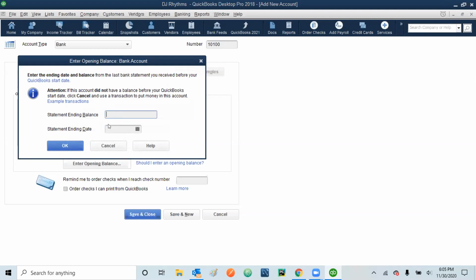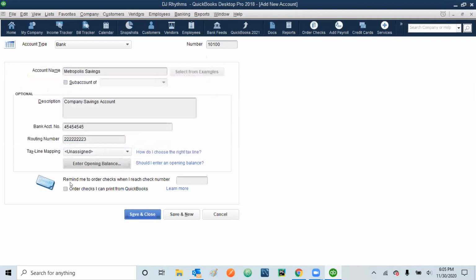So let's say you are starting work from the 1st of January, then you'll write here that this was the balance on 31st of December 2019, and then you can start working from then onward. Whatever the closing balance of that day is will become the opening balance of 1st of January. That's how it works. Cancel, because we don't have to update this information right now. And then you can just simply say save and close.